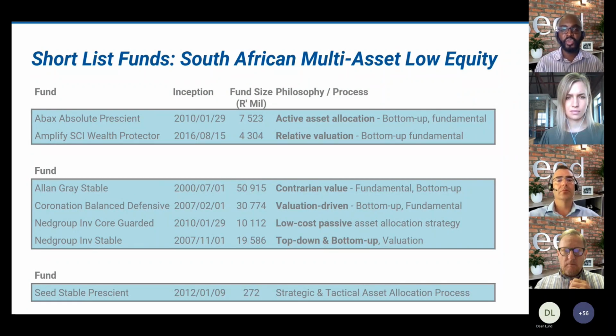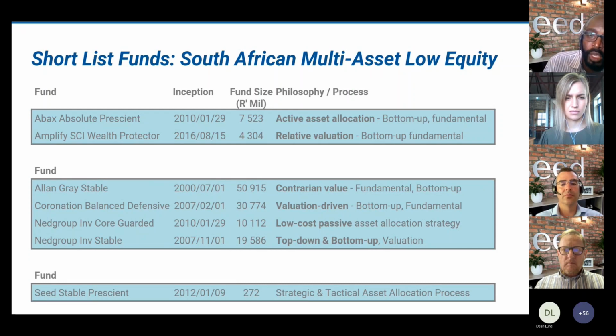just to point out the different characteristics and the different investment philosophies that these funds have that result in different portfolios that they build. So you can see that we've got funds that have sufficiently long history, large funds as well on a relative basis, and then, like I said, different philosophies and processes that they follow there too, which helps in the sense that when you try and build this shortlist, then we're trying to give you different funds that have different return or performance cycles.